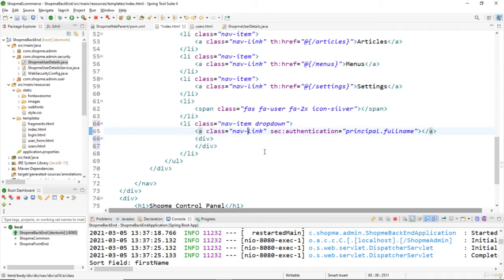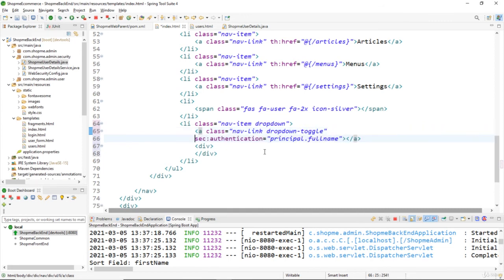And for this link, the parent link here, we need to add the class dropdown-toggle, and then specify the attribute data-toggle equals dropdown here. And for the div section, we specify the class dropdown-menu,